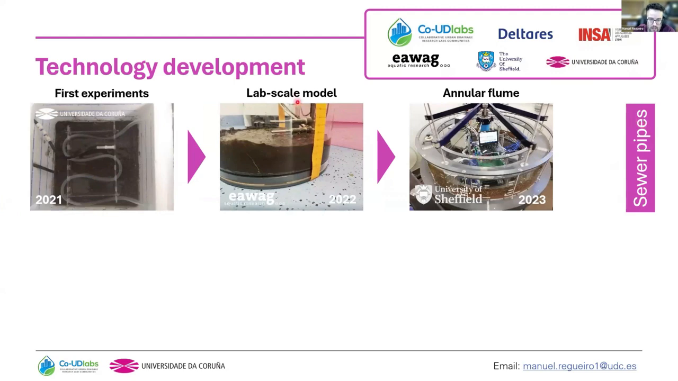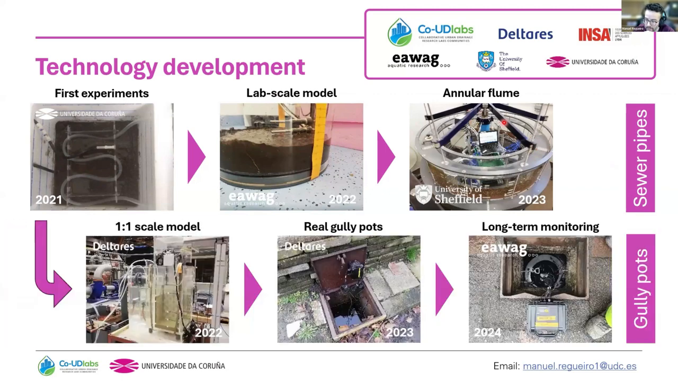I was at EAWAG doing some lab scale work, and all the development of the electronics was done at EAWAG. I also performed a lab scale test in an annular flume at the University of Sheffield. Regarding the gully pots, I went to Deltares, where I used a one-to-one scale gully pot model to perform some laboratory tests. Then I moved to the field in the Netherlands and also in Switzerland